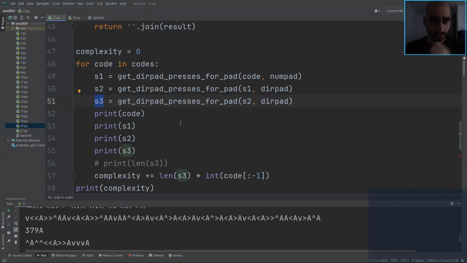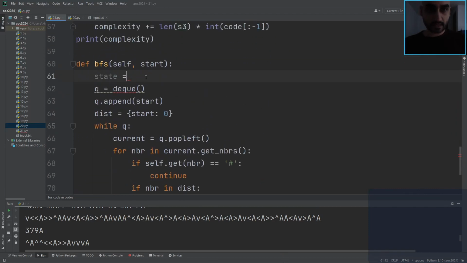And we're trying to minimize the number of presses we make on the final DIR pad. So there's three robot hands. It's 3 robot hands. So a state is going to be basically